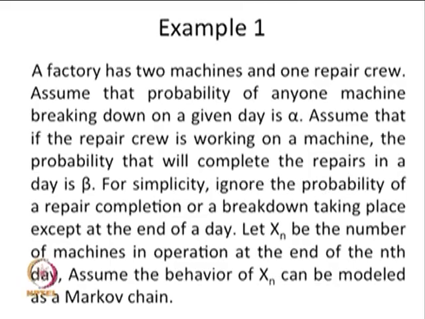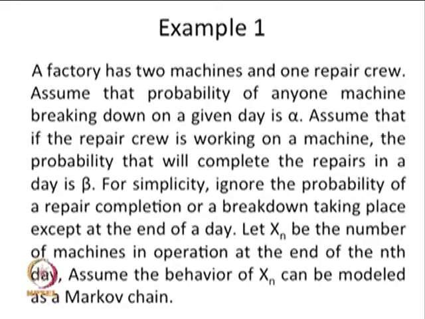since we have 2 machines, will be 0, 1 or 2. So, this will form a state space capital S. So, S consists of the elements 0, 1 and 2, and X_n over n is going to form a discrete time Markov chain, because it is a discrete time, discrete state stochastic process,